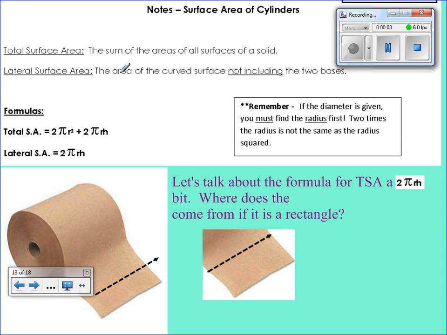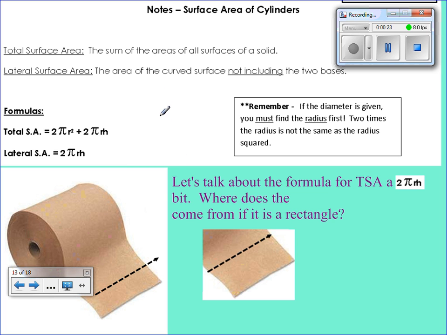What total surface area and lateral surface area are. Total surface area is all of the surfaces of the figure. Lateral surface area does not include what? Bases. Okay, so lateral surface area for a cylinder will be the part that goes around the circle, not the